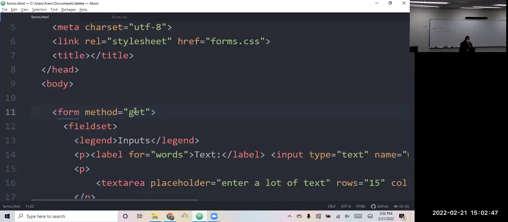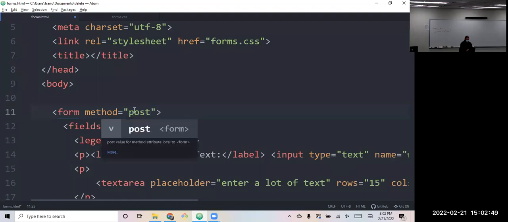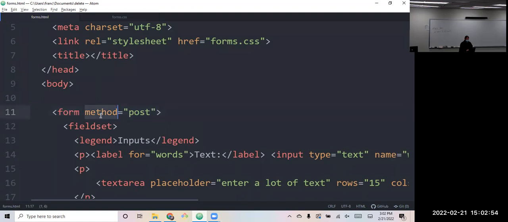But in general, we wouldn't want to see that. So we would use the post method. In the opening tag of the form, set the method attribute to post. And now,